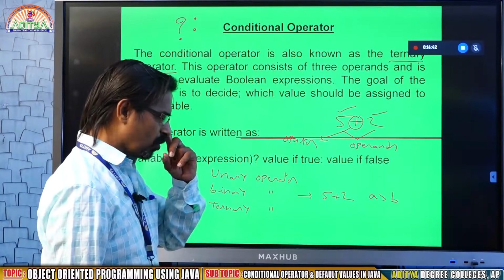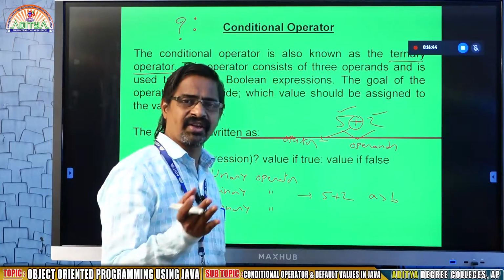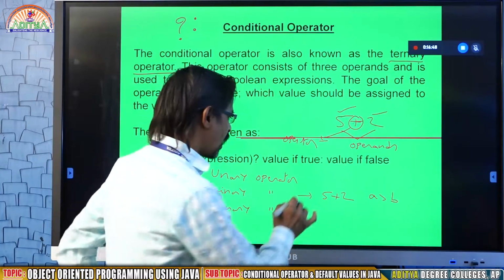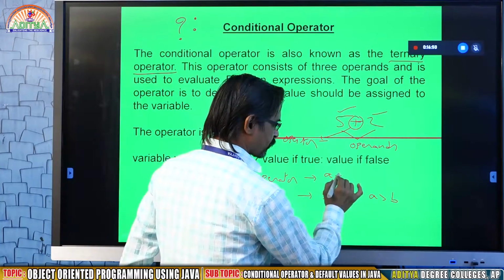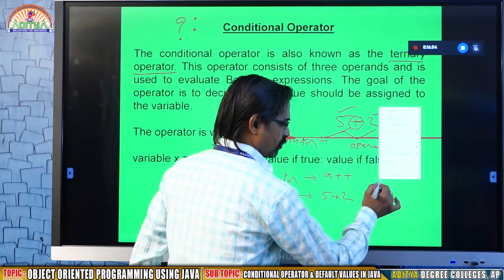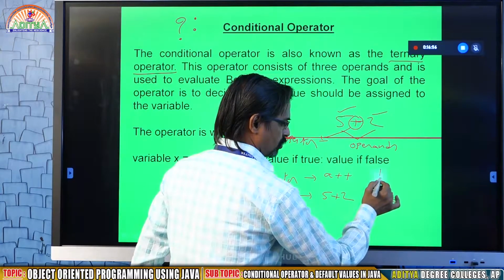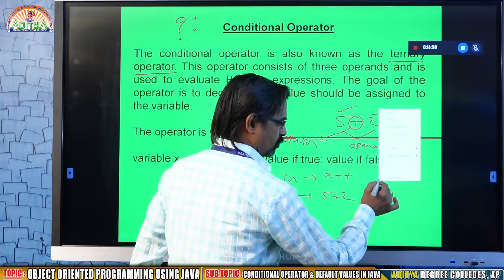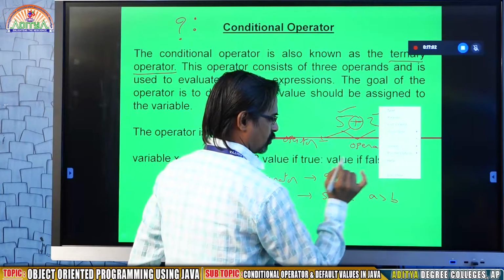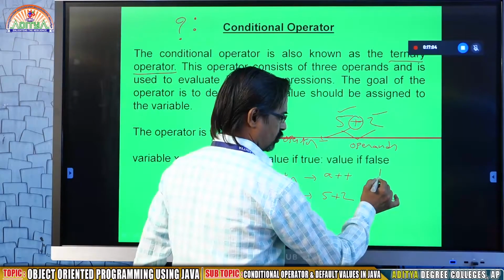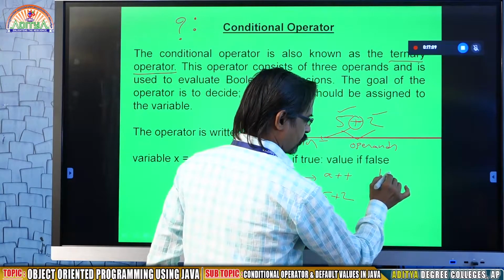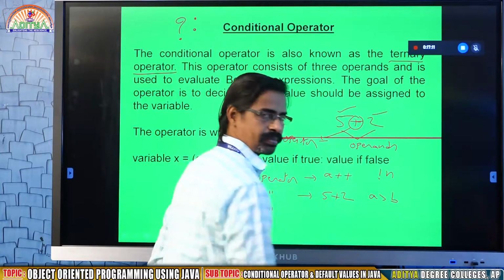Unary operators are mostly negation symbols, that is plus 5, minus 2, or A plus plus, or not n.